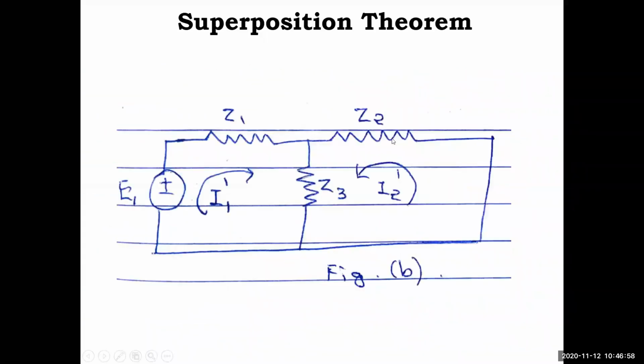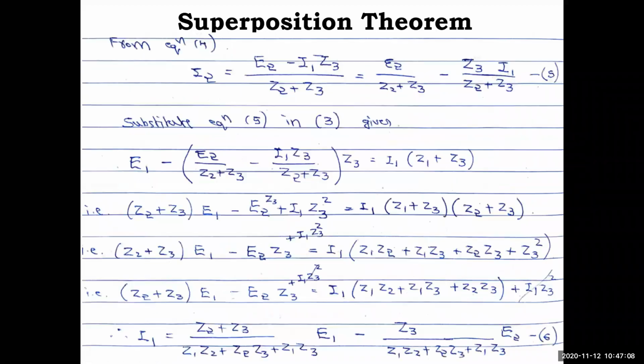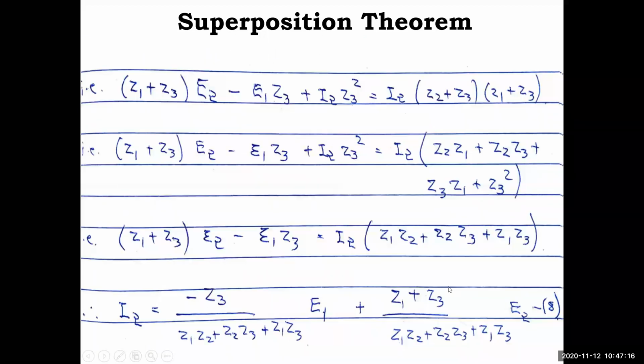So see the figure, Z1 Z2 Z3. Okay, for I1 dash, E2 we have made 0. So that means for I1 dash and I2 dash, in equations 6 and 8 we'll make E2 equal to 0. If you make E2 equal to 0, this complete term is 0. Similarly in 8, E2 is 0 means this whole term is 0. Only you have the left side term. So that is what we'll just write down.